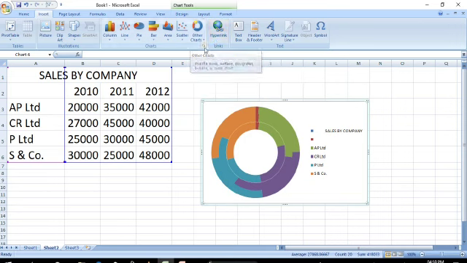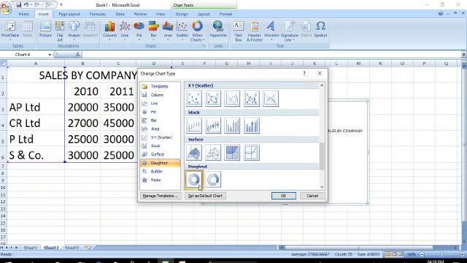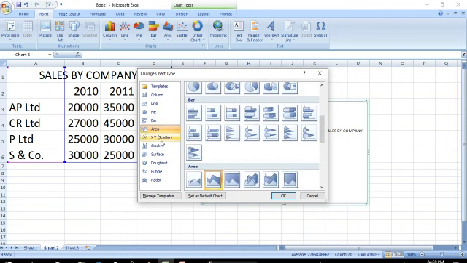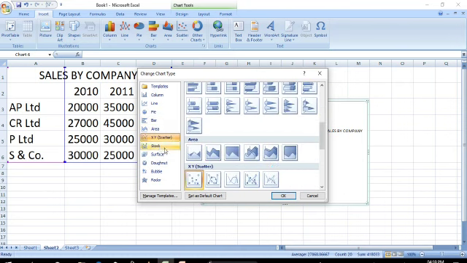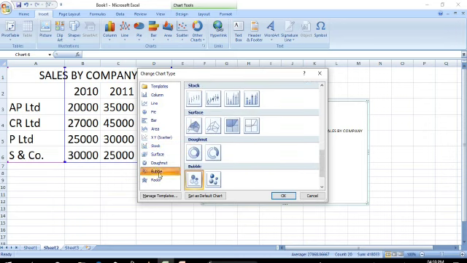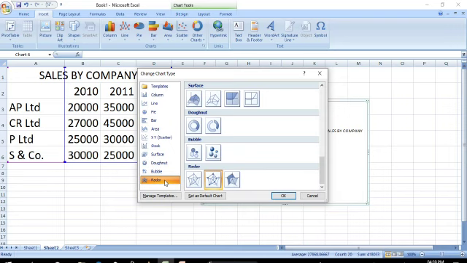Okay. So when you click this arrow button, you will get more chart options. You can select the more charts. See, all the 11 charts are available here, you can select any of the charts: column, line, pie chart, bar chart, area, XY scatter chart, stock, surface chart, donut chart, bubble as well as radar chart.